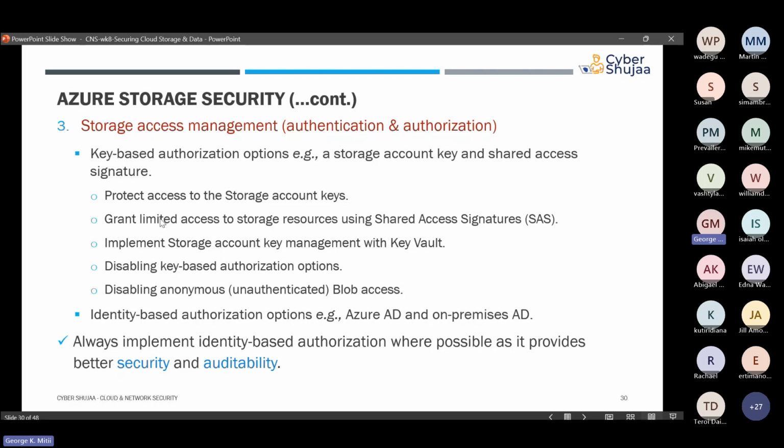And there are two key ways to manage access to the storage services, with regard to Microsoft Azure Blob and file storage services. The first way to manage authorization is through key-based authorization options. Right here is the point I'm at. So we have key-based authorization options, and